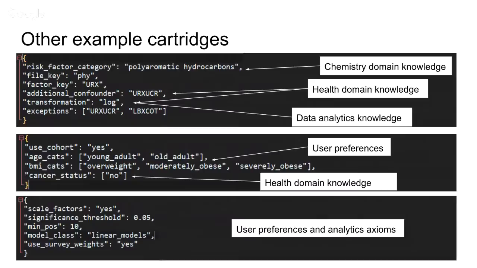Okay, and at the end we have this example of a reference to cartridges, just like what else needs to be satisfied. So here we're saying we do want to scale our factors, and we're using a commonly used p-value threshold for significance. If we're looking at a binary variable, we want our study cohort to have at least 10 people with a condition to be counted, because if you're looking at a study cohort that only has one person with hypertension, the results are going to be very noisy. Filter that out. Then we're saying we're working in the general linear models, so we're not doing something more complicated like cost analysis.